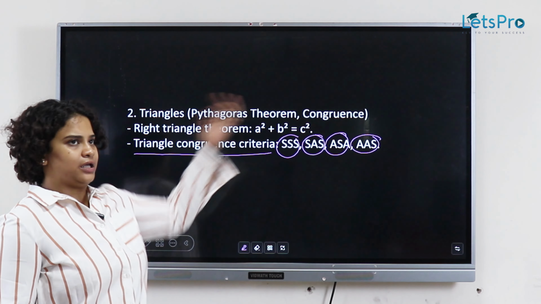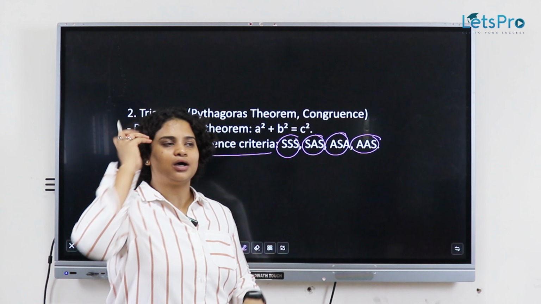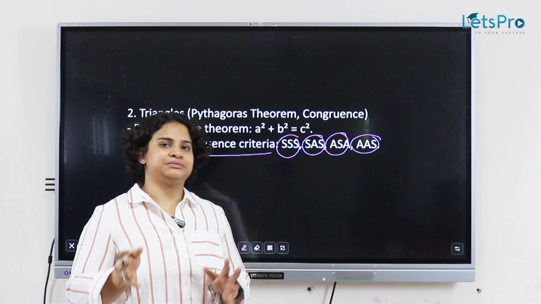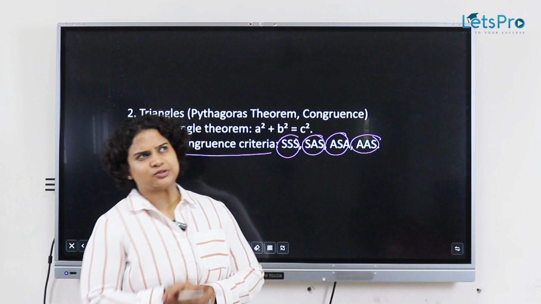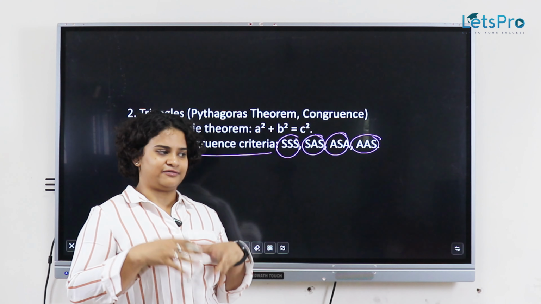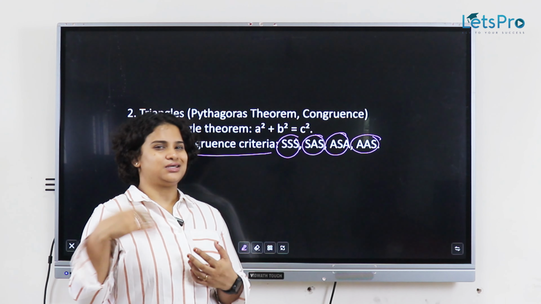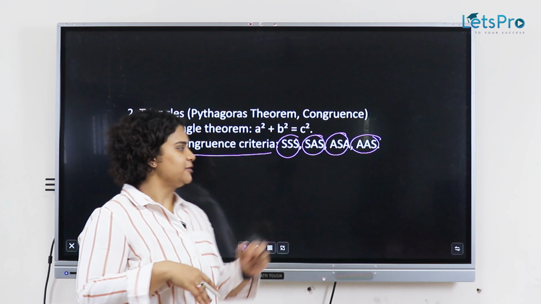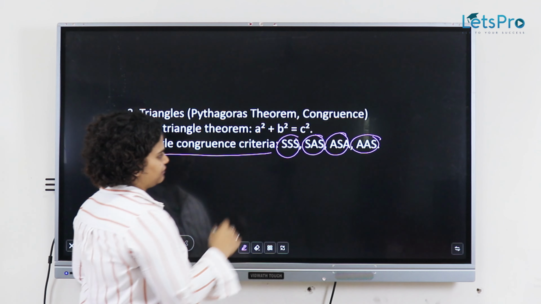Now this is basically going to tell you how you can prove something. This is generally for subjective knowledge. Sometimes it can also be useful, like if you see they're congruent to each other, then it's easier to answer what exactly the opposite side is, right? So therefore this congruence is again very important.